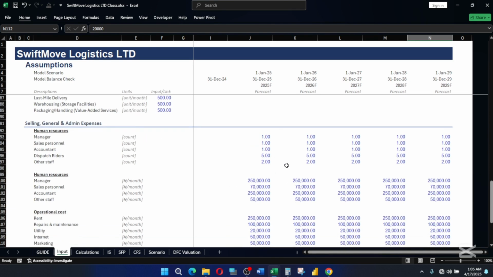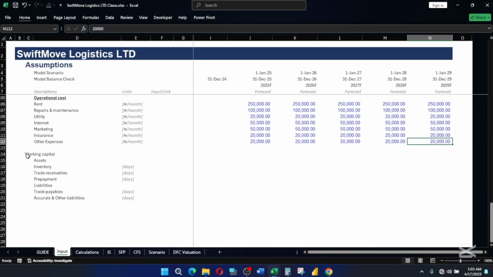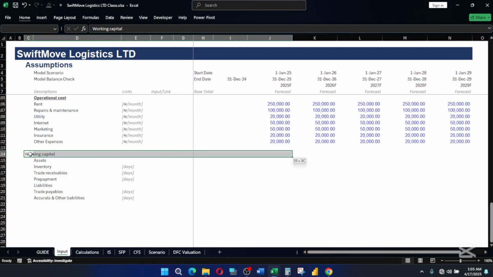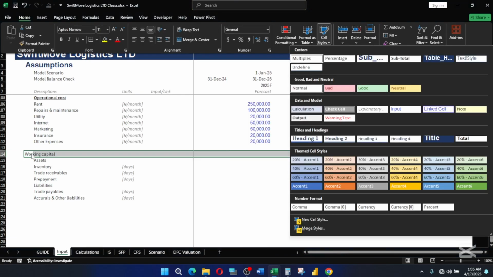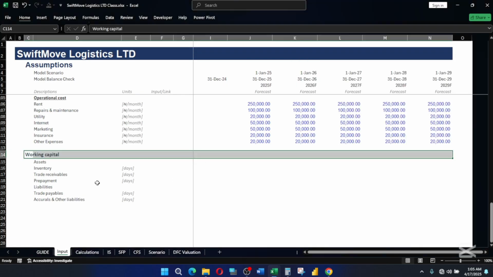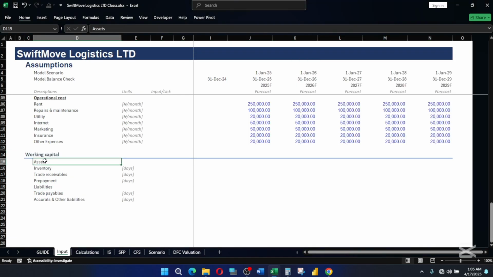Now we have done the assumption on the selling, SG and A, and it is now complete. So the next thing we are going to be looking at is our working capital assumptions. That's what we're going to do now. So let's format this. So assets. Now, remember when I said cash is king, right? So cash is king